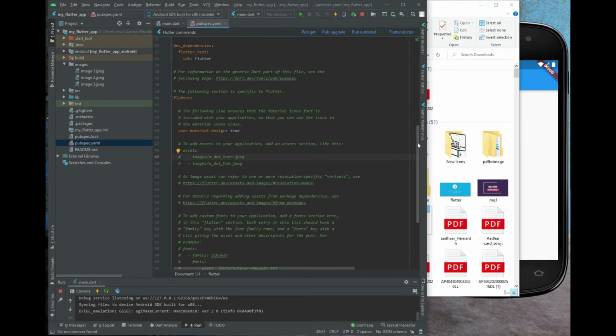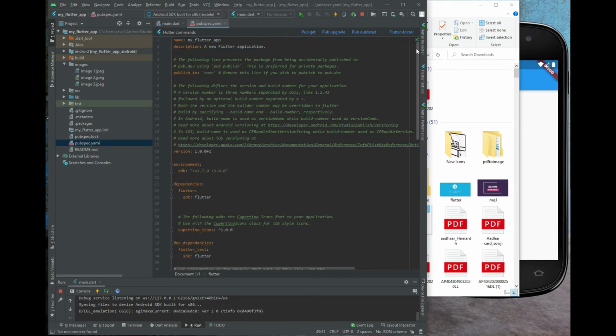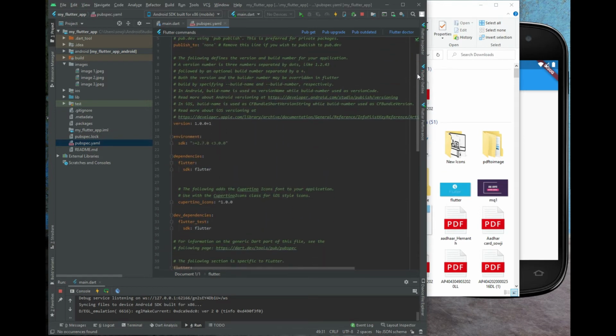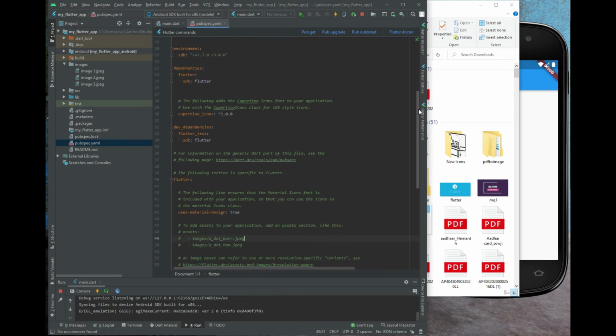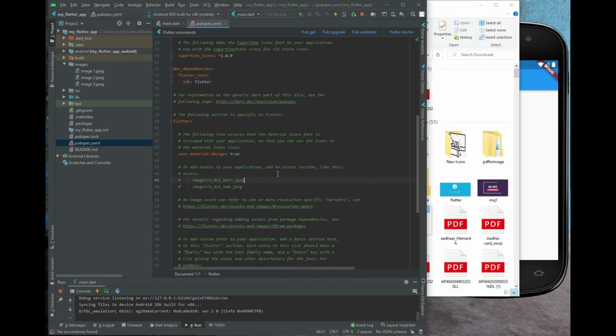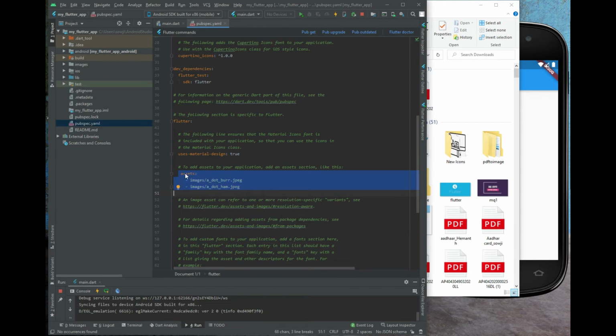In this, check for the assets section to add these images. This is the section, you need to add images in this assets section. Select this assets section, then hit Control and / to uncomment this.